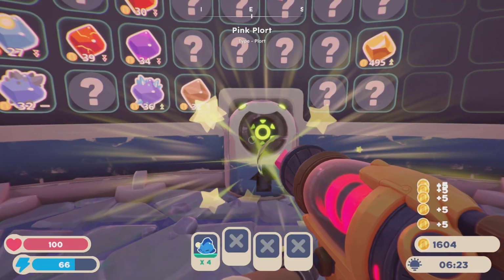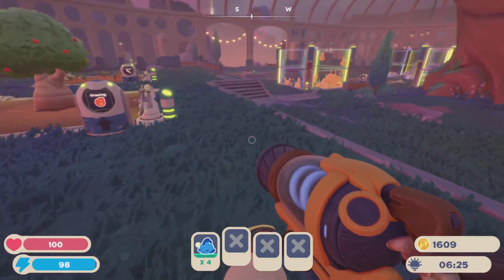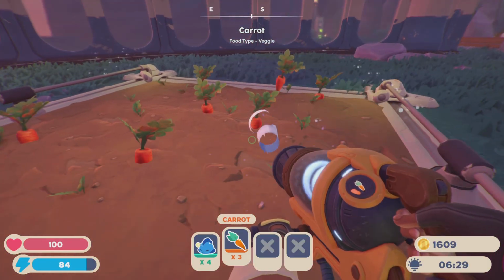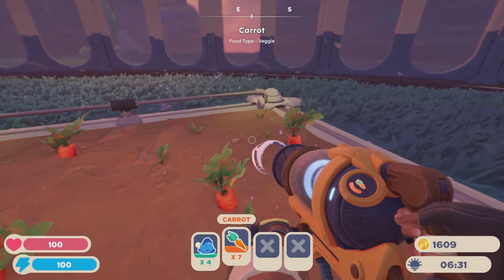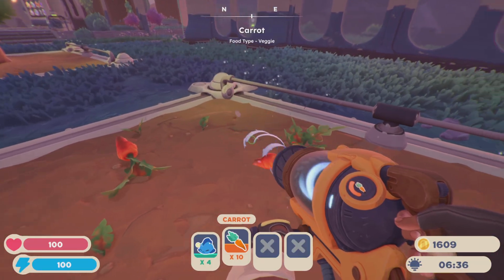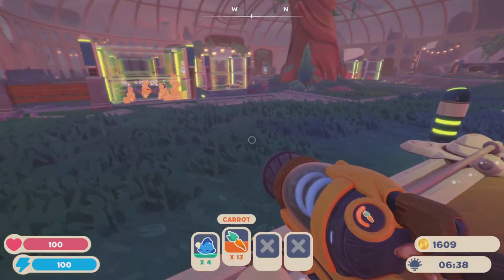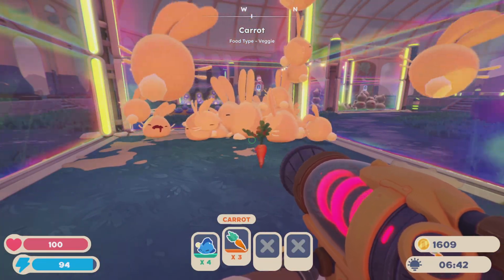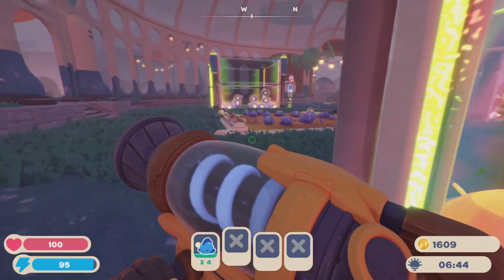But Jesus Christ, if I hadn't gotten those sprinklers for the water lettuce, I could have easily had enough money by now, or at least close to it, you know? And I could have easily had enough money by the end of this video if I didn't get the sprinklers. So yeah, let's go ahead and feed these carrots to my cotton slimes,